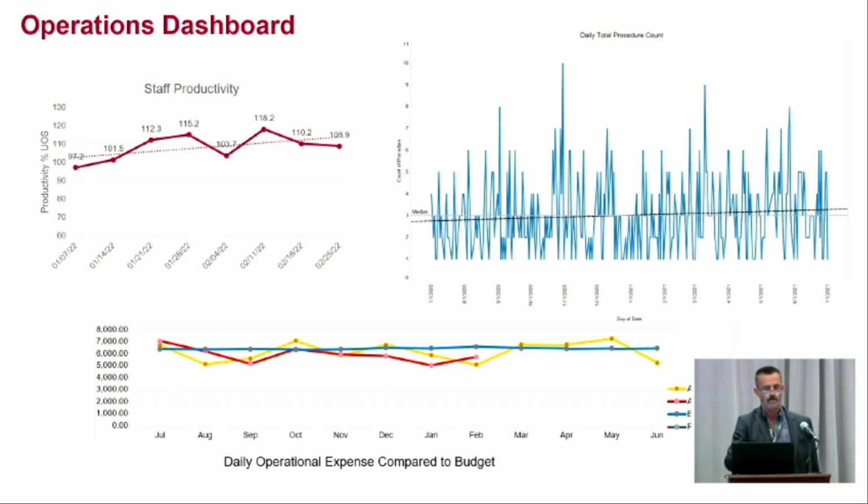It shows us how good we are in compliance with our operational budget. But the one I really like is the graph in the top right corner. And this shows variability day to day in our caseload, right? And so it just shows how much chaos or variability there is. There's a nice trend graph going in the right direction, right? It's growing, and the 95% confidence interval is pretty small. But we have huge fluctuations from day to day, and this is what I call the chaos in our operations,